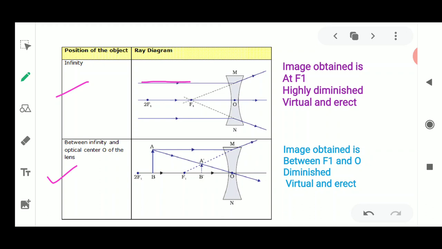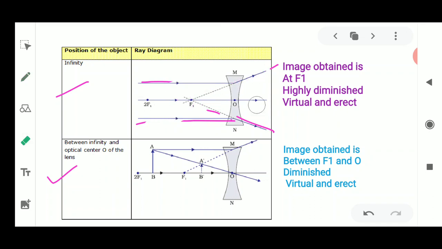One ray is going parallel to the principal axis, it is going to diverge, and if you extend this, it passes from the focus. Similarly, if the ray of light is parallel to the principal axis, it diverges, and we are going to extend this backwards. Once we extend these two rays backwards, we will see that they appear to meet at a position somewhere on the principal axis, and that position will be the focus.